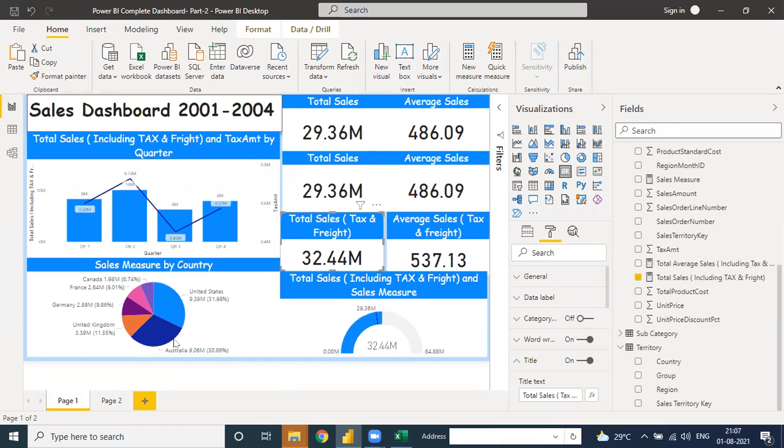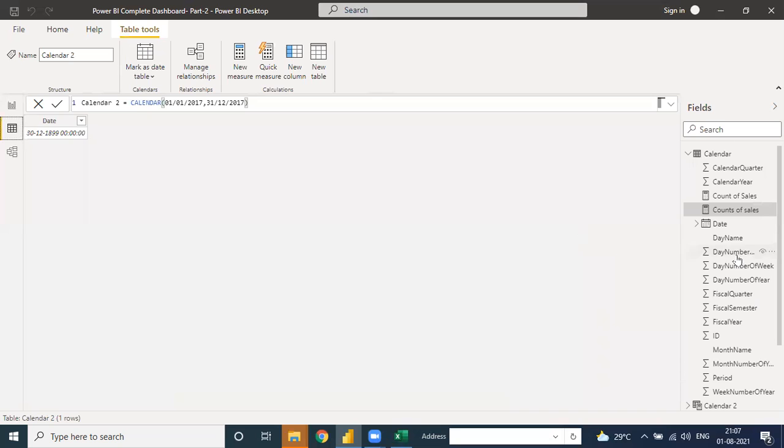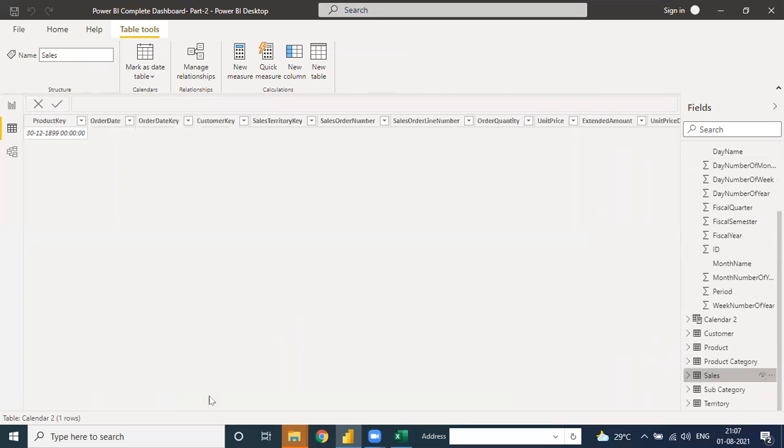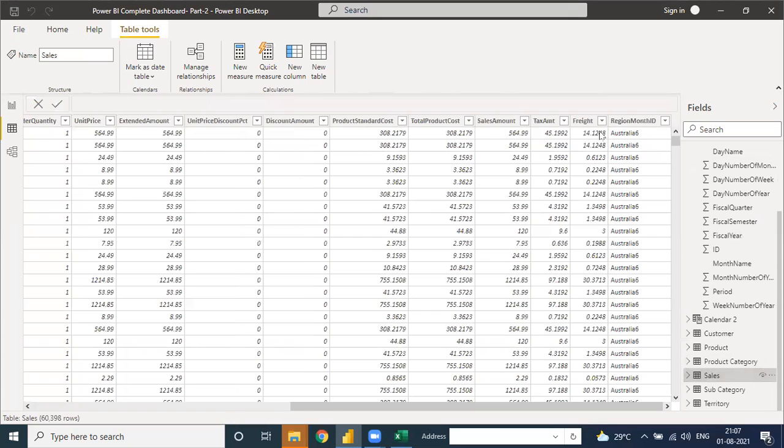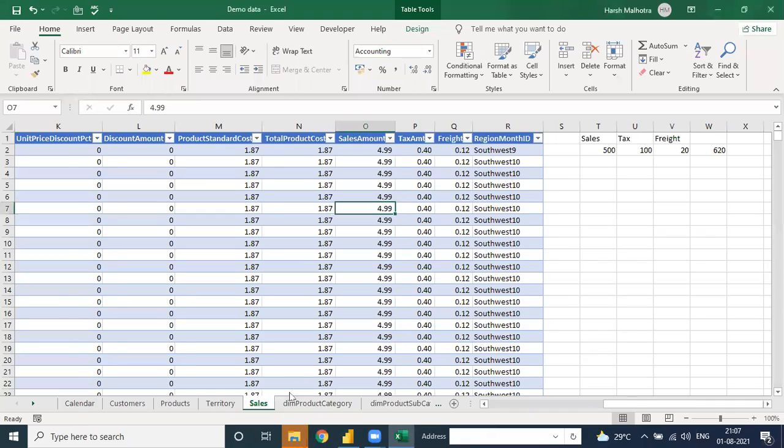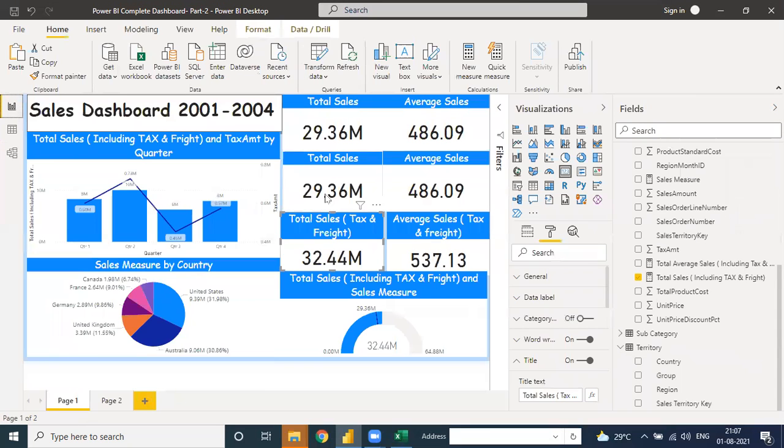If we check under the tab, see, there is no column added under the sales. When you go to the sales table, there is no new column for sales, tax amount, and total sales. So if we do any task in Power BI without any column, it is only done with DAX. Now I think you are going to go with six formulas for DAX: SUMX, AVERAGEX.